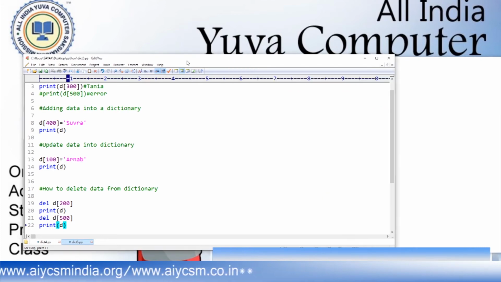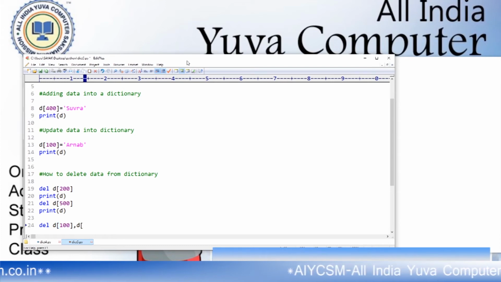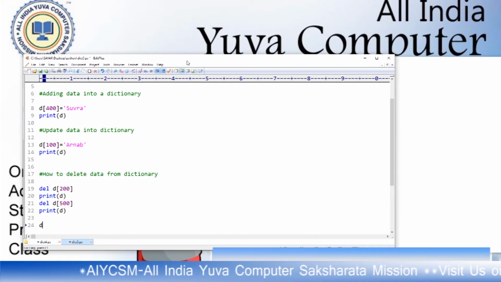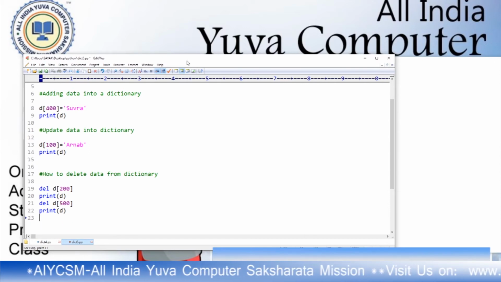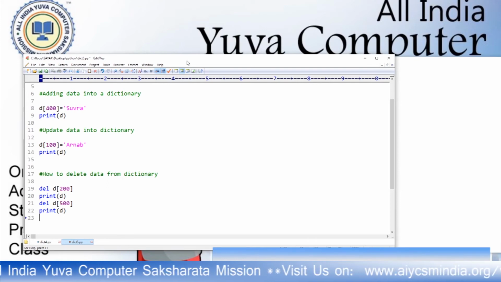But you can delete multiple keys: del D of 100 comma D of 300 comma D of 400. You can delete multiple values with a single command within a single line, and if you delete all the values, then you will get an